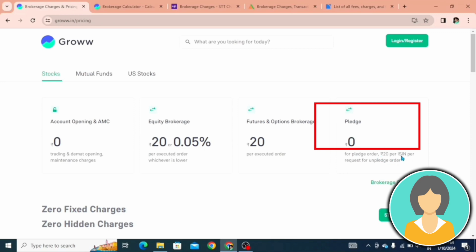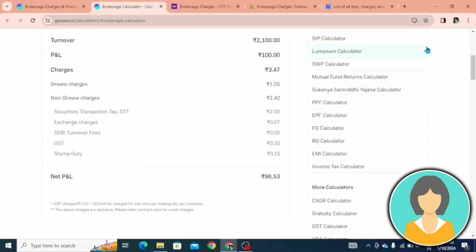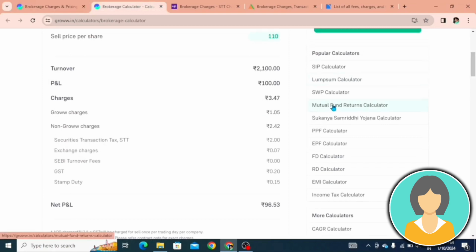It is important to note that this isn't just a brokerage charge. There are government charges, known as regulatory charges, applicable to all entities involved in trading. The securities transaction tax, that is STT, is a significant component. This applies particularly to the NSE, the National Stock Exchange, and the BSE, the Bombay Stock Exchange. It also highlights the fees imposed by regulatory bodies such as SEBI, the Securities and Exchange Board of India.